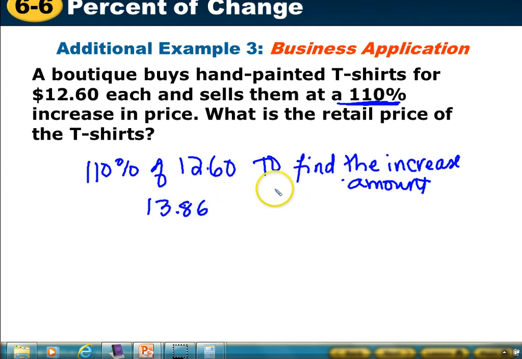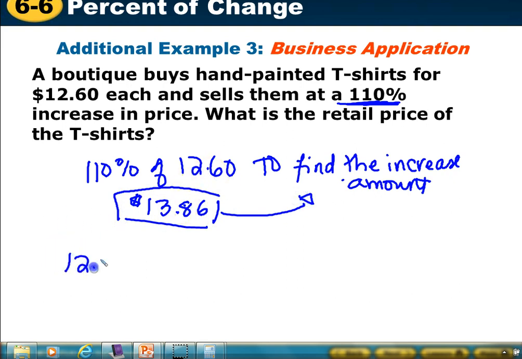So that's by how much they are going to increase the price. So how much are we going to pay for it? Again, this is the increase amount. So now we need to add this back. 12.60 plus 13.86, and we get